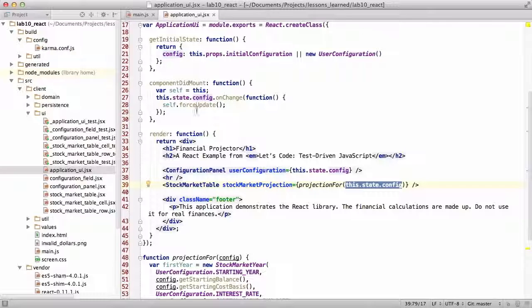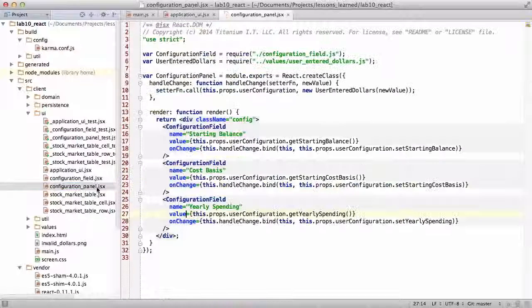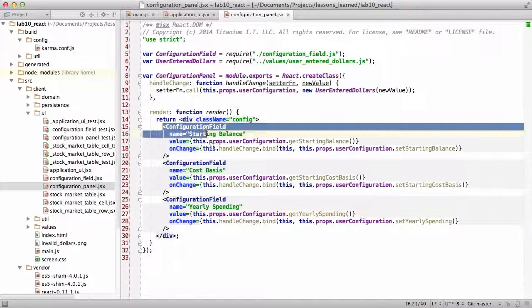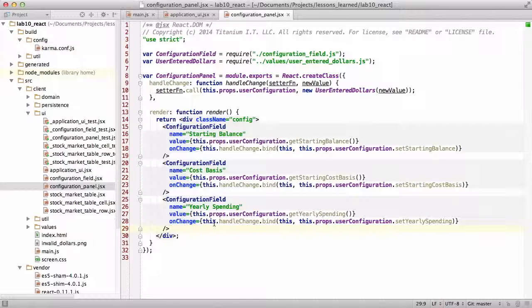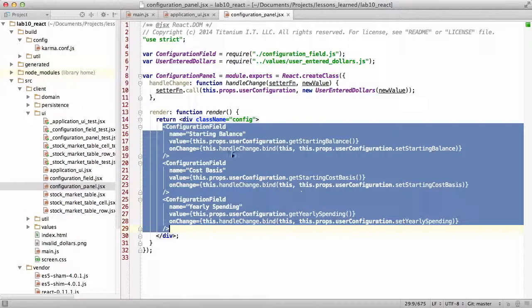Also, very, very clean. The configuration panels have 3 configuration fields. You can see how it'd be very easy for us to add more. We're not going to do that in this series, but you can do it yourself if you'd like. The configuration panel does not manage any state of its own. It just takes that config that's passed in, gets out the starting balance, the cost basis, and the yearly spending. Those are the 3 values we care about, and says, give me a configuration field, 3 configuration fields with those